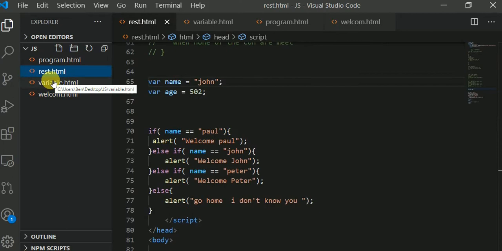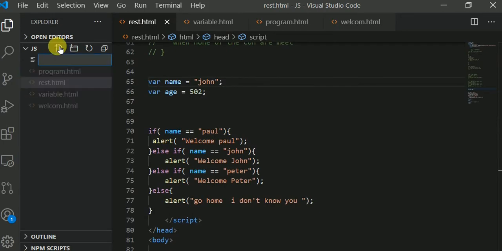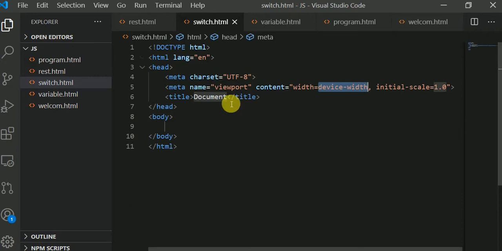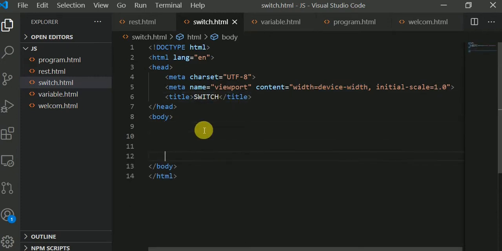Okay, the if statement. Let me just create a new file. Let me call it switch.html, using my HTML version 5 stuff. Give it the title of switch. So let me talk more about the if statement so that you can know how you can easily differentiate